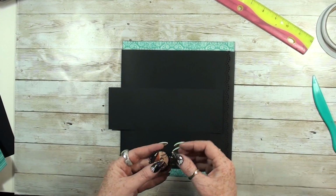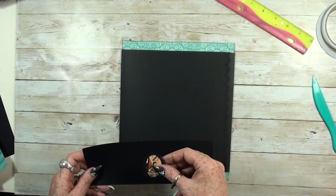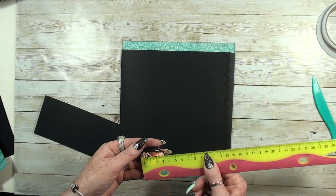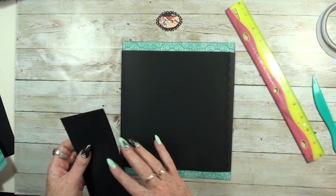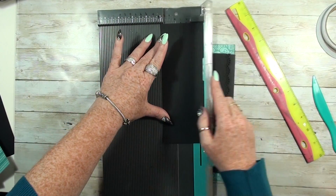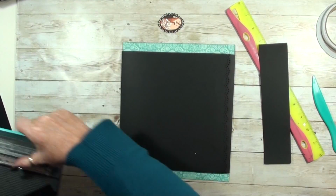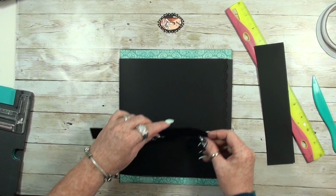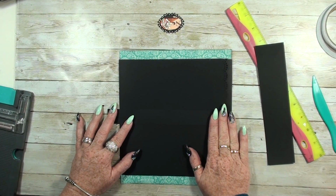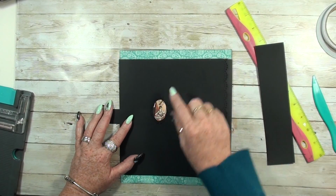And I want to use this one for on top, so it does not need to be this big. I believe 1 inch or 2.5 centimeters is big enough, so I cut this one at 1 inch. That's enough for a small belly band on top. Yeah, and then for the stopper we're going to make